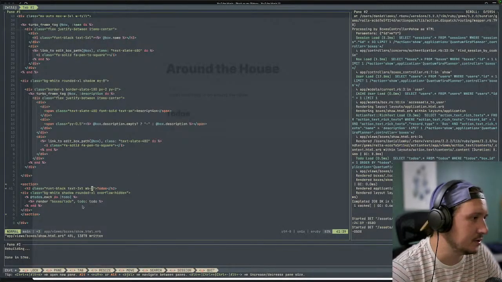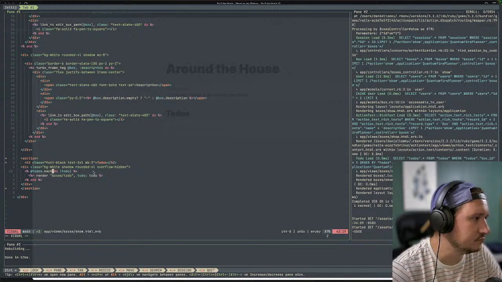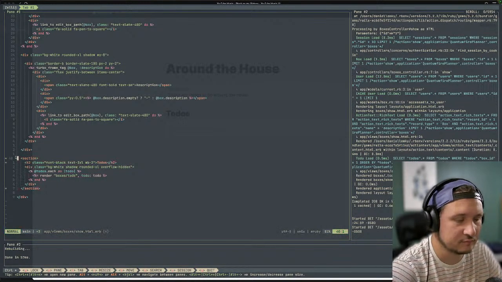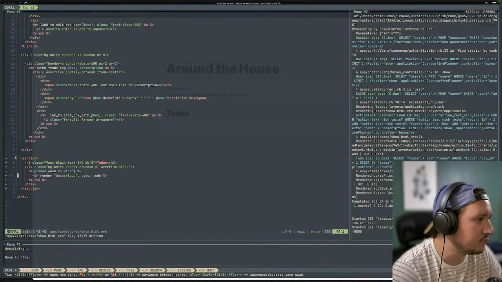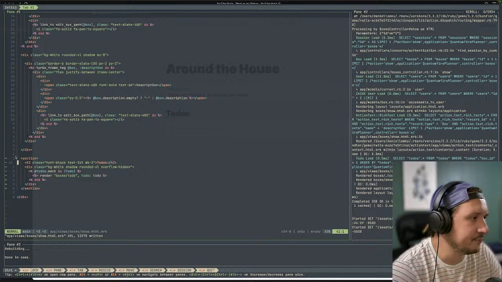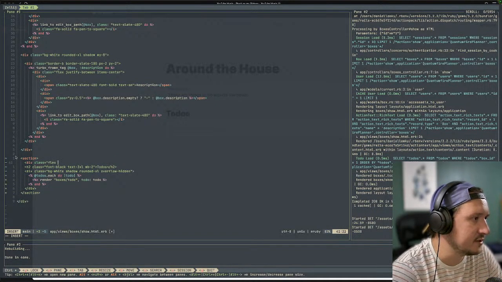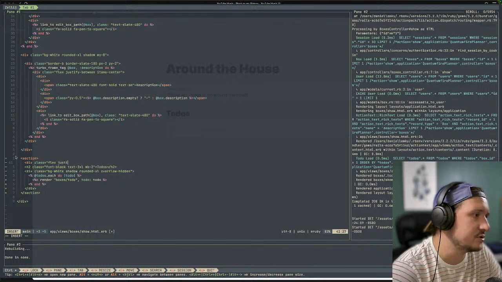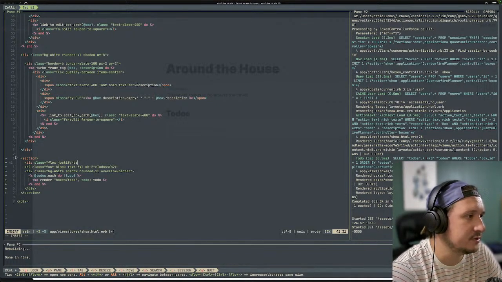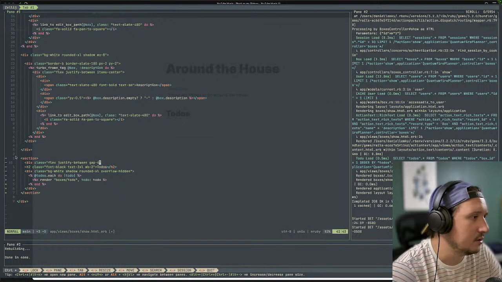That's good. And what I want to do here is go like this, flex, and we'll go justify between, the gap of 4, and